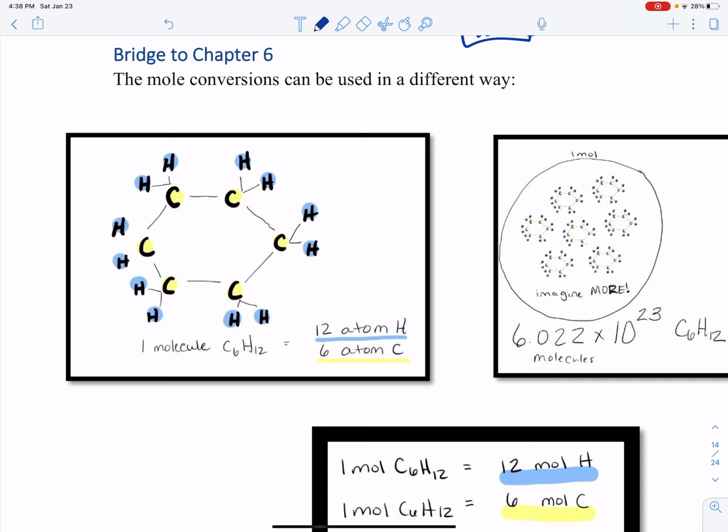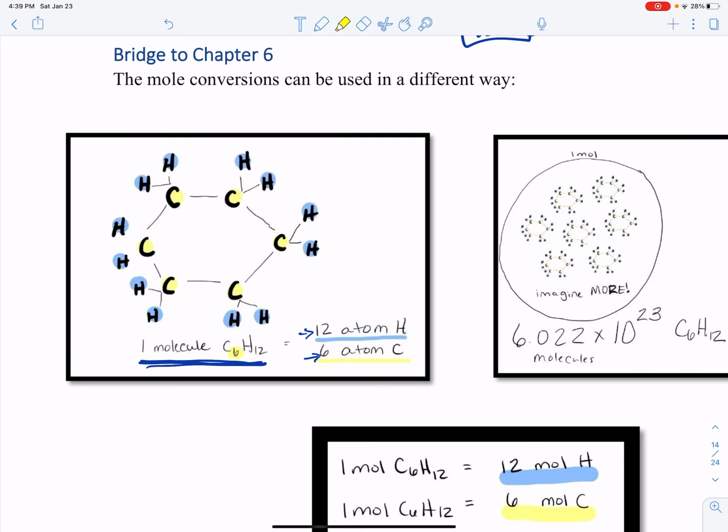They all come looking like this, all stuck together. So when it's all stuck together like that, we call it a molecule. Molecule is just a way to represent one of those units. If you look at it, one molecule, if you count up the carbons, contains 6 atoms of carbon and 12 atoms of hydrogen. So that's one way that you can use more conversions, is you can say, if you know that you have,